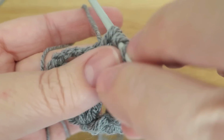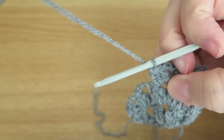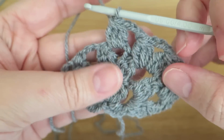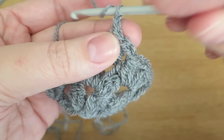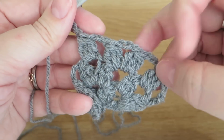Oh dear. Oh, see what I did? I didn't do my 3 chains there, so that was my mistake. I was concentrating on what I was trying to say. Okay, my mistake. So we chain 3. Apologies everybody. Make sure you've got 3 chains between each lot,